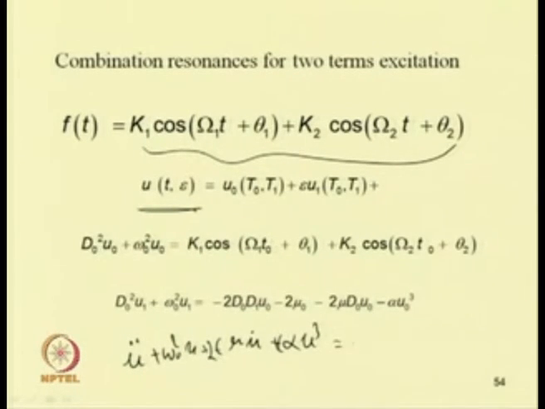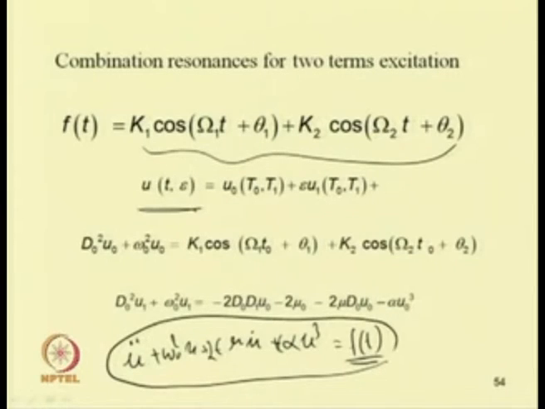epsilon f t, where f t is a combination of two harmonics or two frequencies. So, this is a two frequency excitation. Similarly, one can take the system with multi frequency excitation. In this case, either one can study the system by taking this forcing as weak forcing, or by taking this as hard excitation.